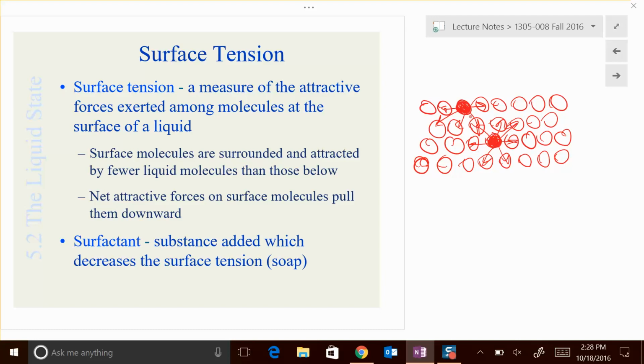Okay? So what's happening is at the very surface, I'm getting pulled that way and down. But I have nothing pulling me up. So it creates a tension on the top of the water. So these are all getting pulled by one another, and it creates a very strong tension across the top of the water. Right? So if you belly flop, there's a tension there. You'll feel it, right? When you hit that water, it's there. And you won't go in until it breaks that